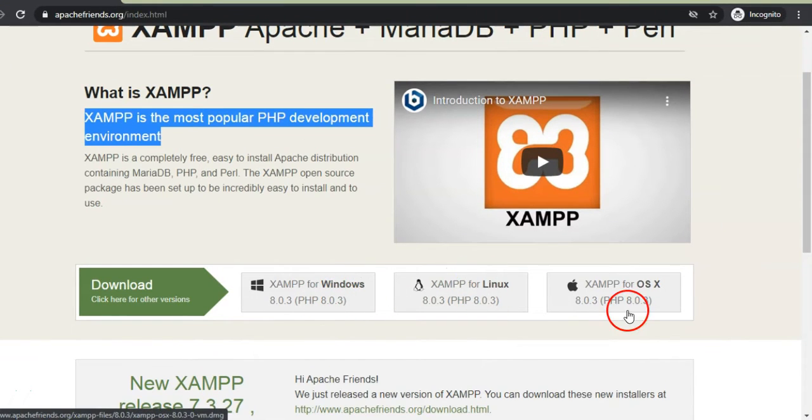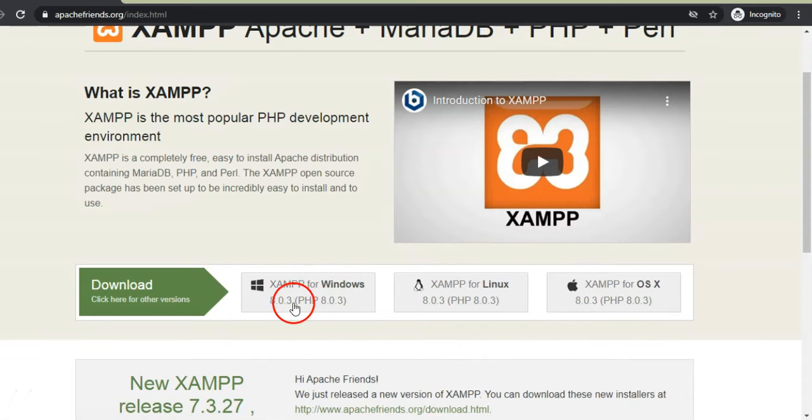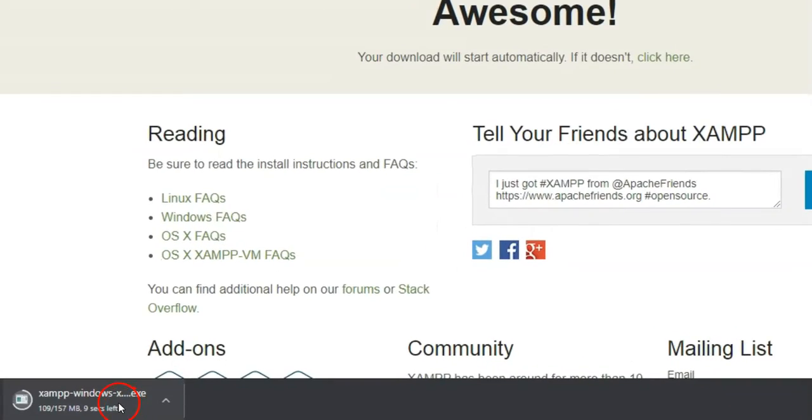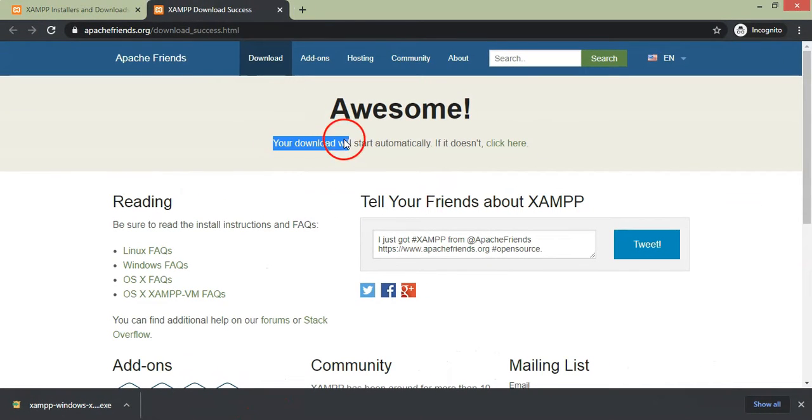for Windows, for Linux and for Mac OS. I'm on Windows right now, so I'm just going to click on the Windows button and this will download a file for me automatically. So I'm going to wait for 3 seconds. There we go. So, this is going to start downloading to my favorite directory on my computer, probably in the Downloads folder. If it doesn't download automatically, just click on it here. It would take you to another site and it will do it automatically again.